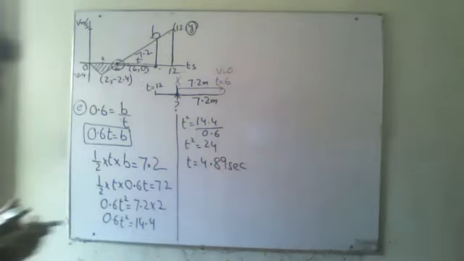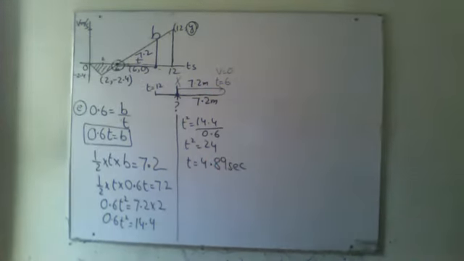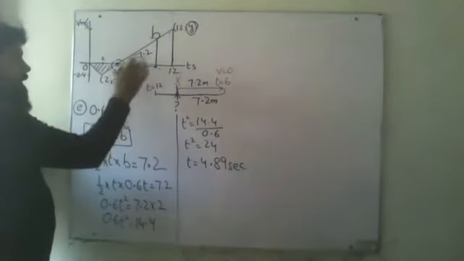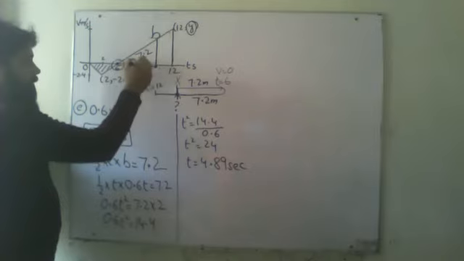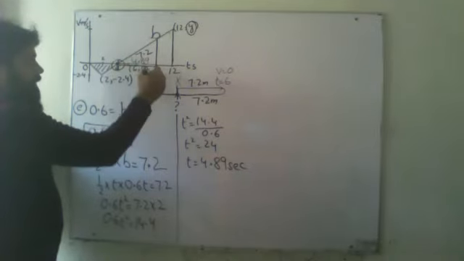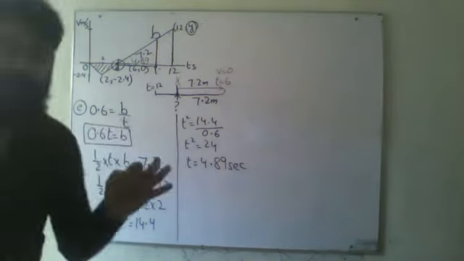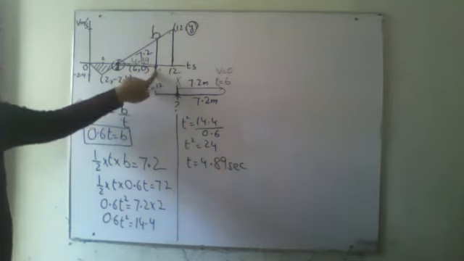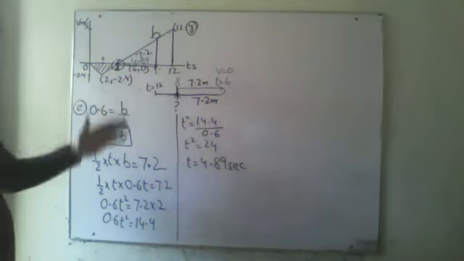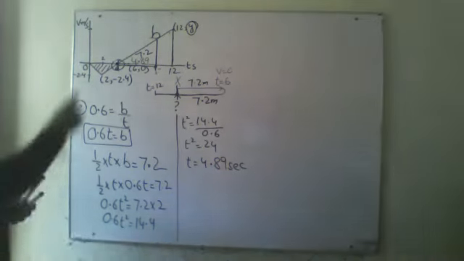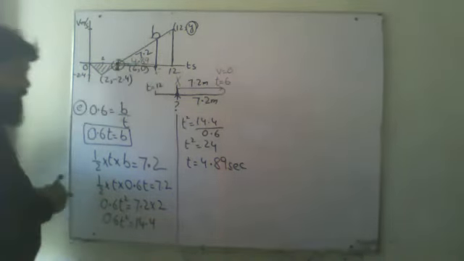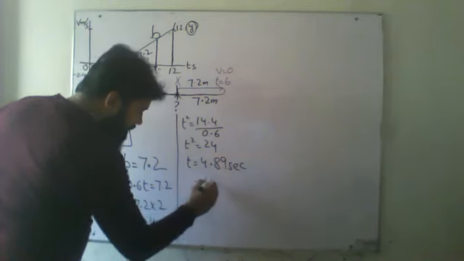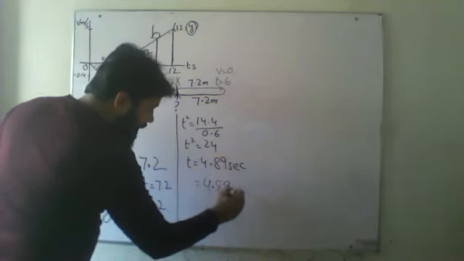4.89 seconds. Right now I have got this whole thing as 4.89 seconds, which is the value of this whole thing. 4.89 is from this point to this point. So at what time is my body passing through the point where it crosses the x-axis? This is 6. This is 4.89. So my final answer will be 4.89 plus 6.